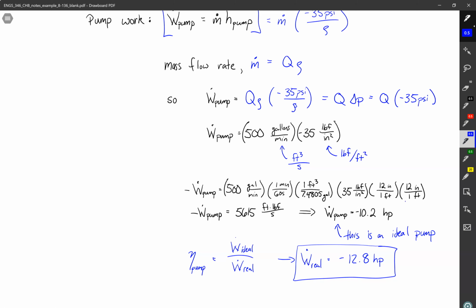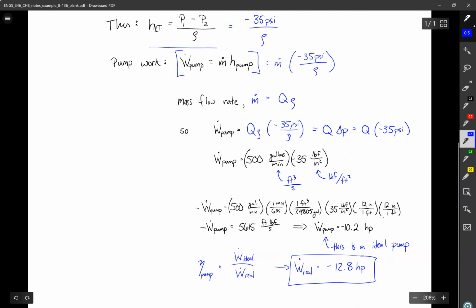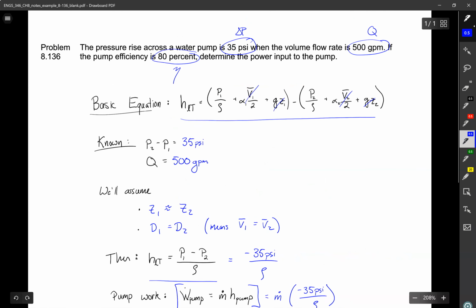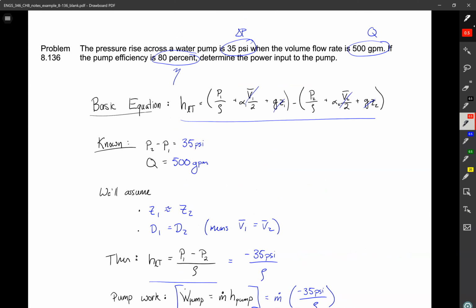Hopefully this gives you some sense of how we can handle pump work or work in systems like this. For a system that's simple like this, this whole process is exactly the same as what we would have done in thermodynamics. The only difference is we only see changes from thermodynamics if these two things change. So if we, for example, don't have the same inlet and outlet diameter, then our solution is not the same